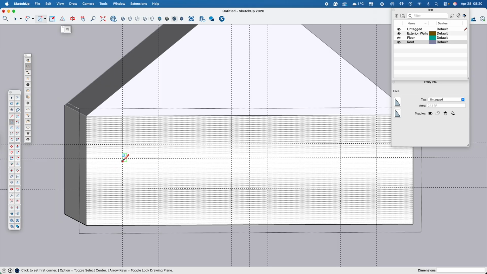R for rectangle, and I'll go, and it will snap at the intersection of my 2 guides. Click once, and then go and snap on the other intersection, which is going to be the top left and bottom right of my window. Click, and you will see my face will turn white. I will do the same thing here. Intersection, click, snap, click. And then same thing with my door. So intersection, click, go down, snap at the other intersection, and click. And you will see